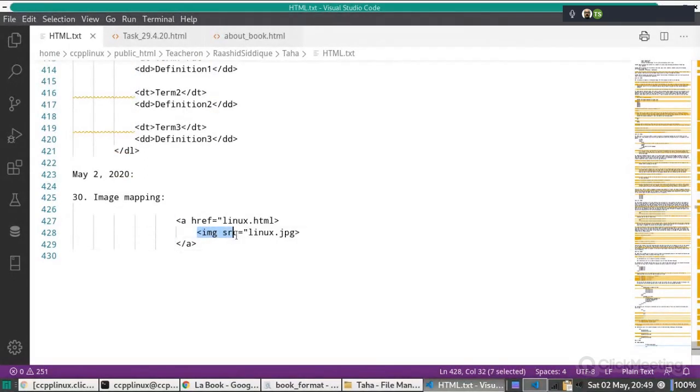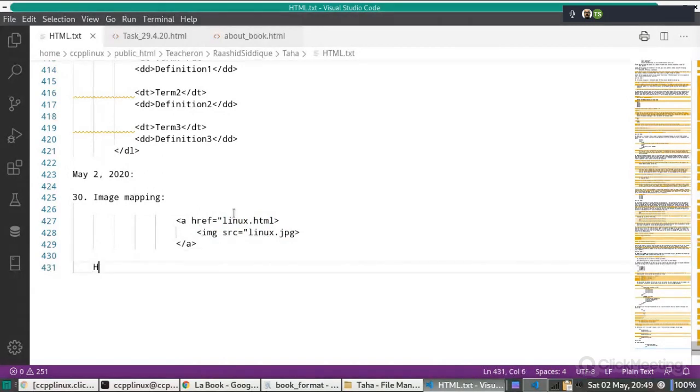It will display this image, but this whole image will be a link. When we click on this image, the control will go to this file.